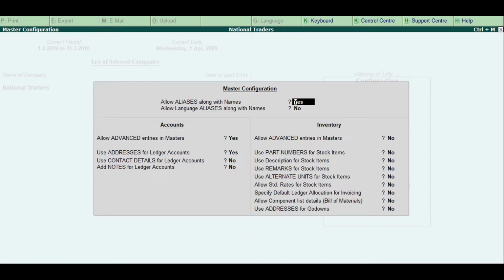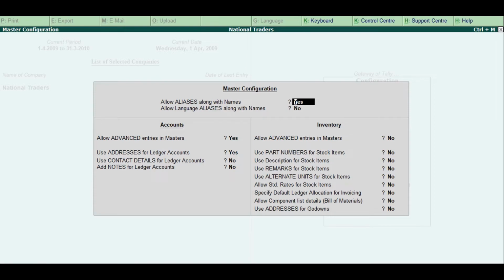This is another unit apart from the main unit which you can use instead of the stock item. This is particularly useful when you need to handle different units at different times. For example, you buy data cables in pieces but sell them in packets of 5 pieces each. For alternate units, you are asked to give a conversion factor so that a link is maintained between the two. You may specify a different factor during voucher entry.